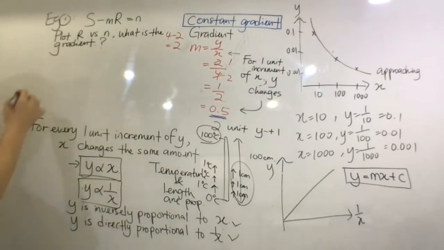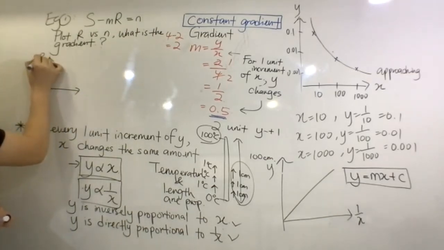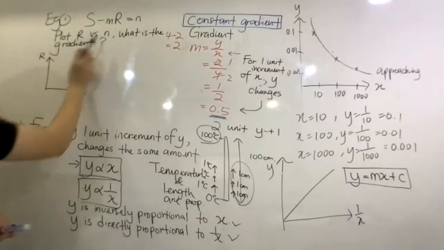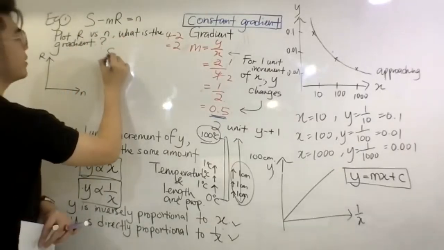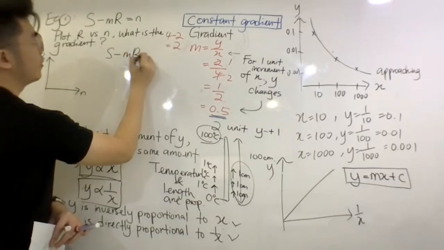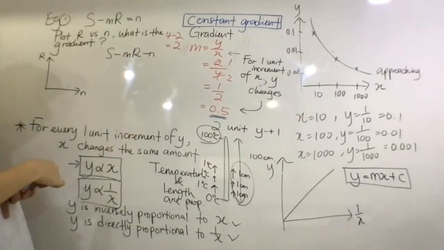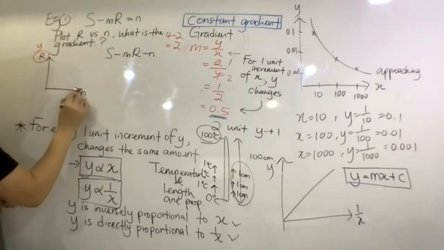Okay, so that means our graph is going to look like R, now N 在这边，对吗？R against N. 现在从这个 equation s 减 mr 等于 n，我先弄我的 y 等于 mx 加 c，我的 y 是 R，我的 x 是 n。